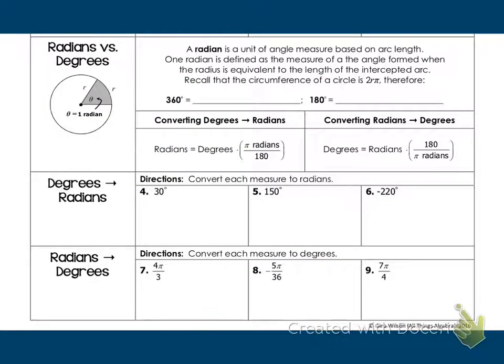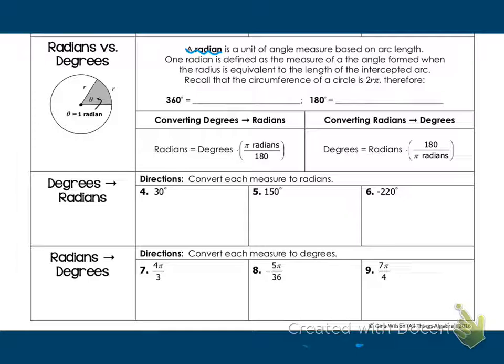So next we're going to take a look at a new unit of measure that relates to a circle. It's called a radian. Now we've talked a little bit about radians before because when we had to change our calculator to degrees, we had to change it from radians. So what is actually a radian? Well, a radian is a unit of angle measure based on arc length. Maybe remember arc length from